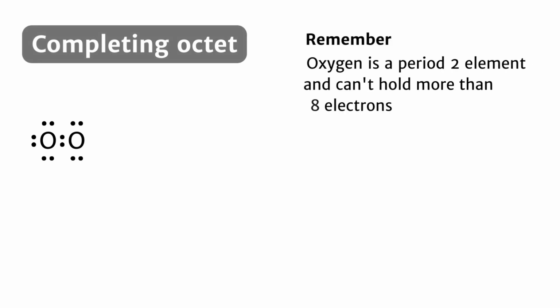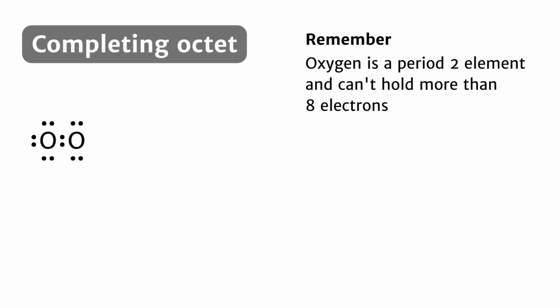Once again, keep in mind that oxygen is a period 2 element and cannot hold more than 8 electrons in its valence shell. The right oxygen already possesses 6 valence electrons and requires 2 more to complete its octet. Therefore, we will convert 1 lone pair from the left oxygen atom and transfer it to the right oxygen atom to form a chemical bond. Now it is evident that both oxygen atoms form an octet. Thus, the octet rule is satisfied, and now we can proceed to check the formal charge to determine the stability